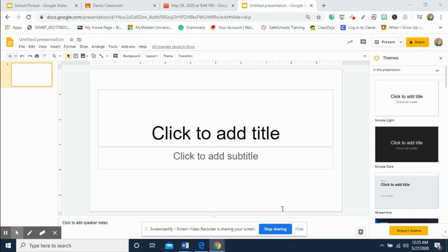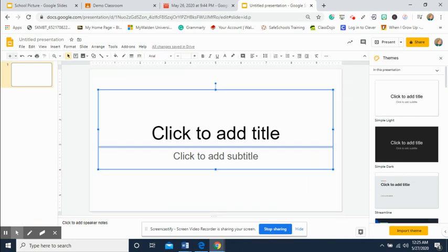Hi, today I'm going to show you how to create a classroom picture using Bitmojis. Okay, so first thing you want to do is to go ahead and go to a Google slide. Once you're here, you can click up in the left-hand corner and then drag the box all the way down